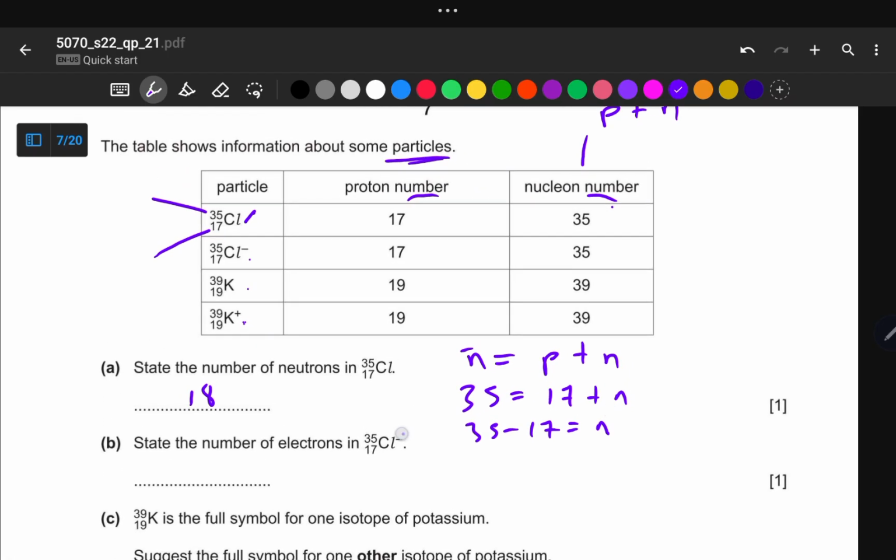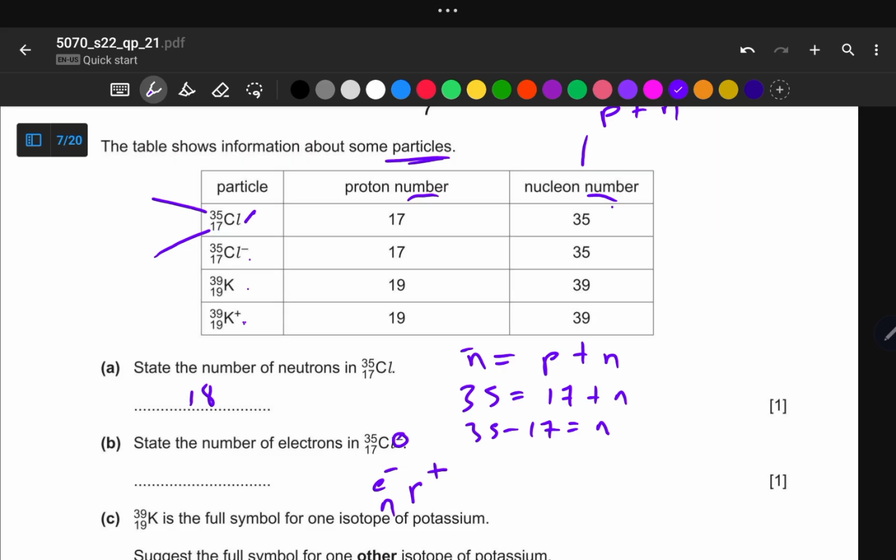So this negative sign indicates that we have gained an extra negative center, which is the electrons. We said electrons are negatively charged, protons are positively charged, and neutrons don't have any charge. So this negative indicates that we have gained an extra negative center. And the coefficient of this negative sign indicates the number of electrons we have gained. So if we are having 1, it simply means we are going to have 1 extra electron,